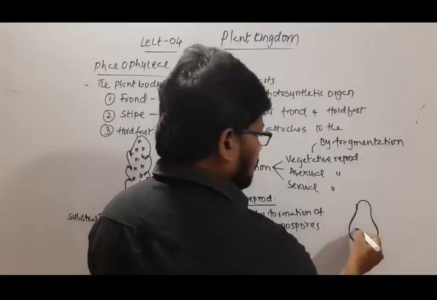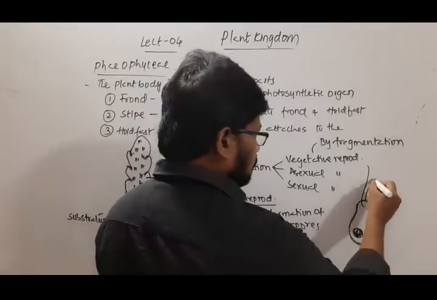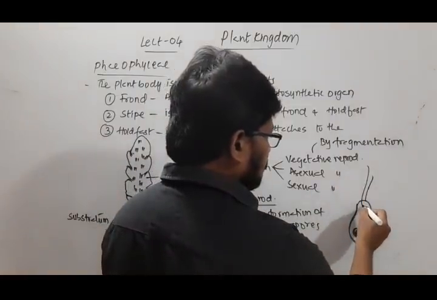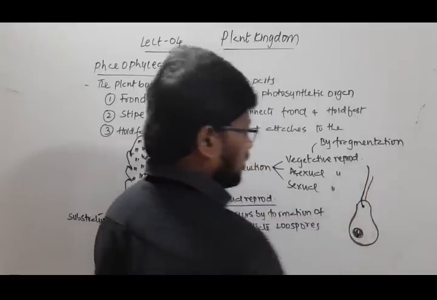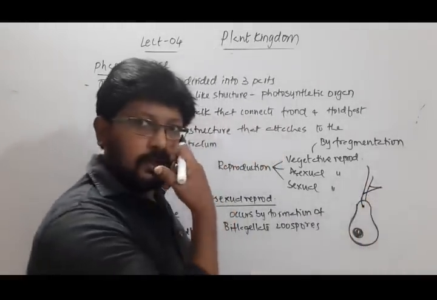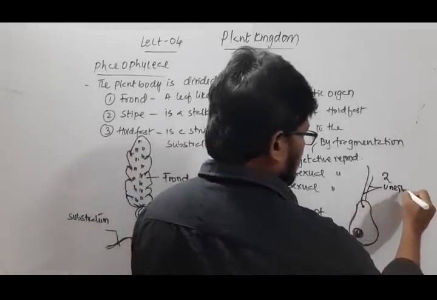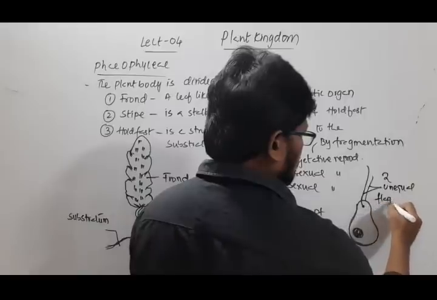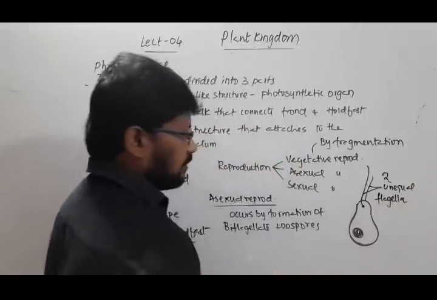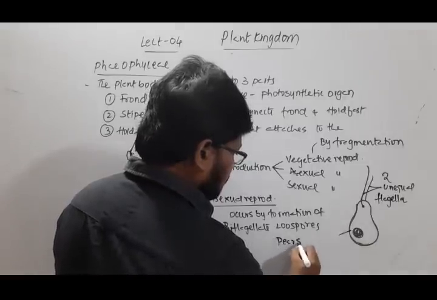Nucleus we can see, and it has two unequal flagella. So it has two unequal flagella, and this is a pear shaped